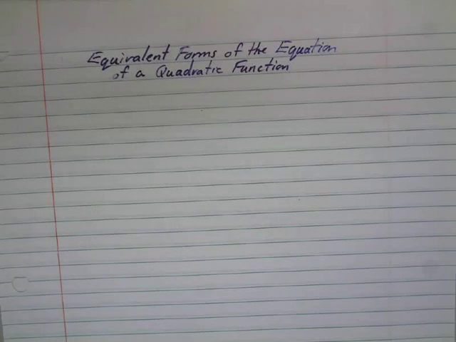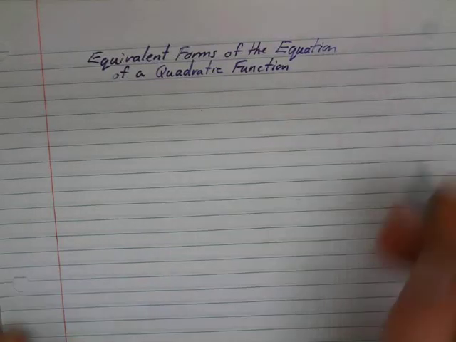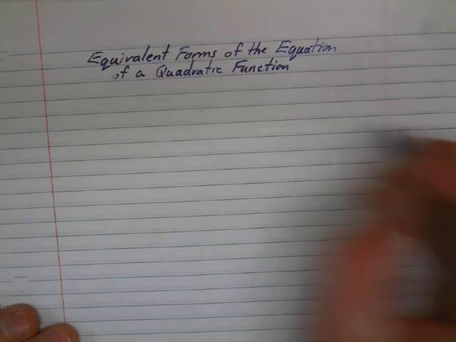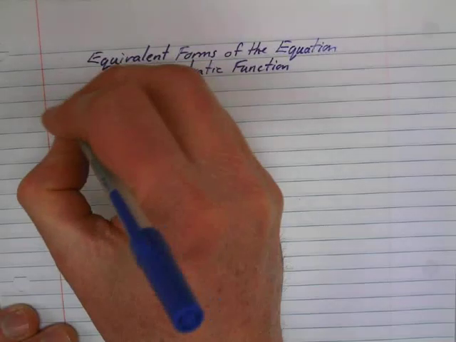Today we're going to look at equivalent forms of the equation of a quadratic function. In other words, we're going to look at different ways to write an equation for a quadratic function, which we already know. The two ways are, one is the general form,